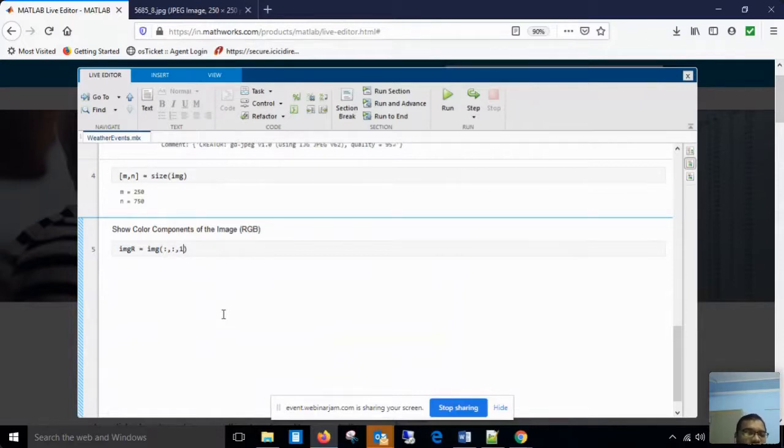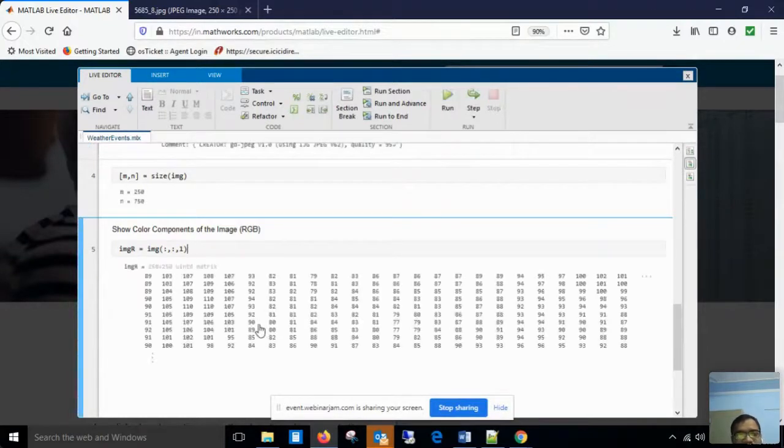So I am interested in getting the first component irrespective of width and height. That means I need all the values of the first and second dimension, but only for component 1. Component 1 is my red component. So now I execute this command and see what happens.